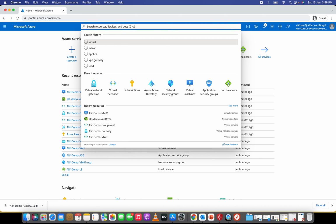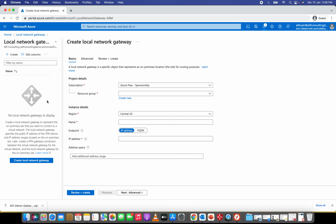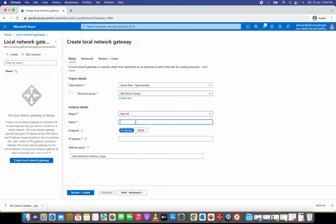So let's go ahead and create a local network gateway first. With the local network gateway, we define the public IP of the device through which we are going to connect, and all the local IPs which are going to connect over the site to site VPN. Okay, so I'm going to select the resource group and the location. I need to define the name, so let's give it Alif demo local gateway, and then I can define the public IP